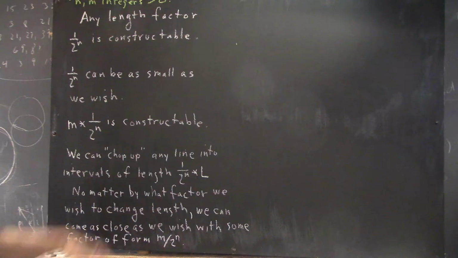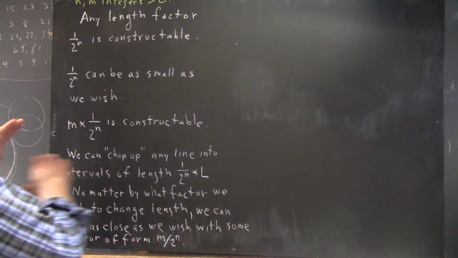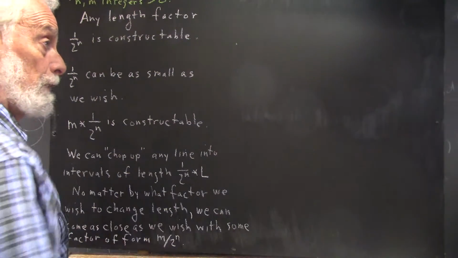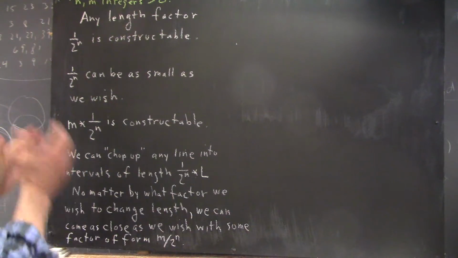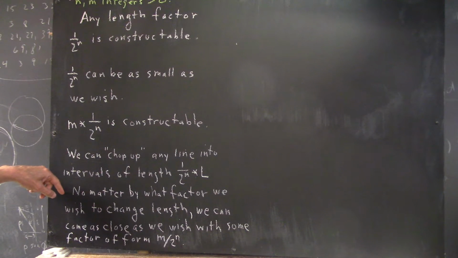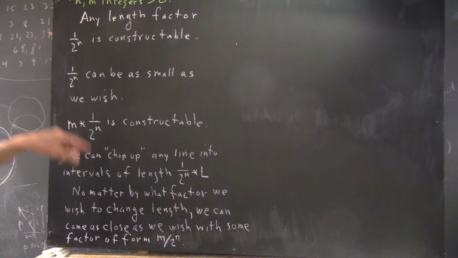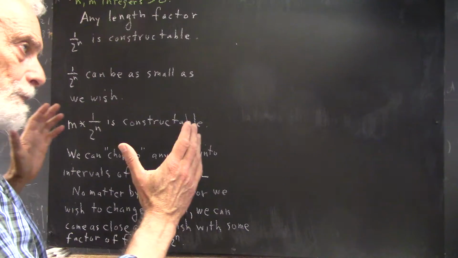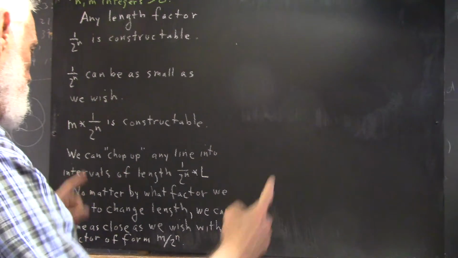So why should that be true? Why should we be able to make this statement? That means we've got this infinite line, or any segment as big as we wish of an infinite line, that we can chop up into these intervals. Then, no matter by what factor we wish to change length, and by change length I mean implicitly the length of a given line segment,